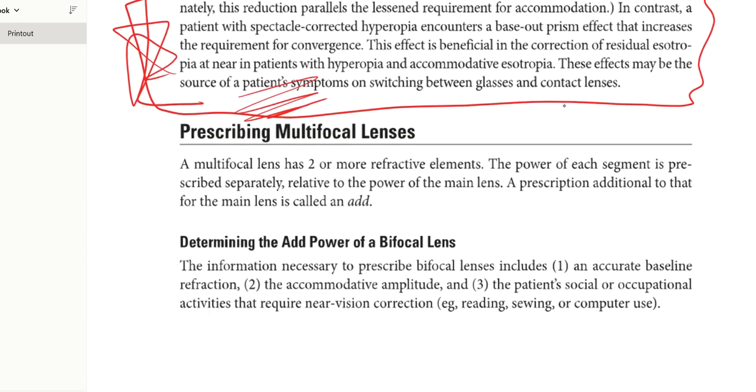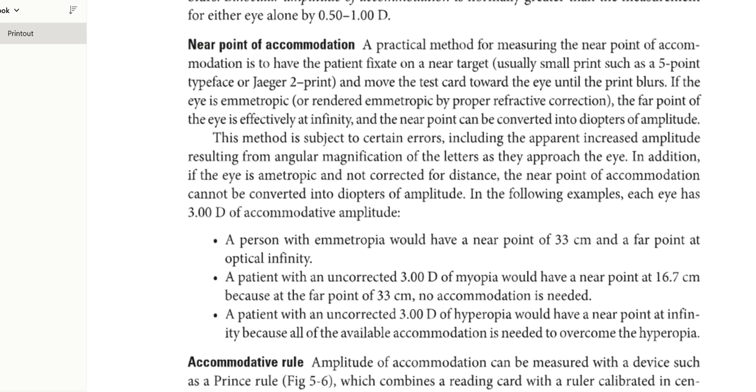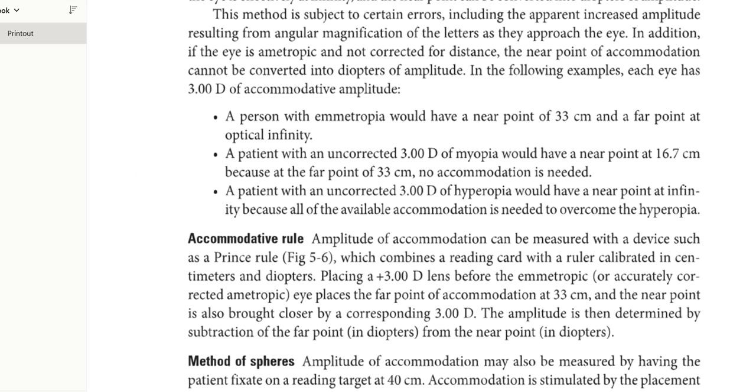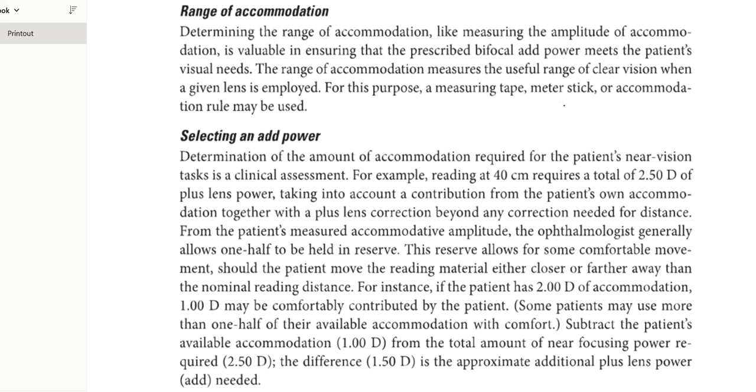Prescribing multifocal lenses, give a read. Only a read to these topics. Types of